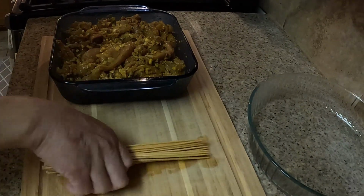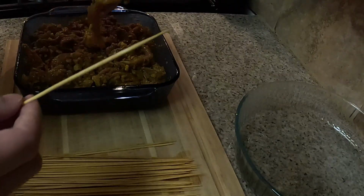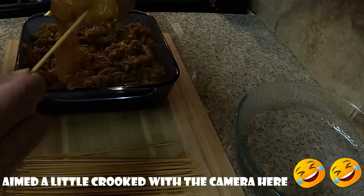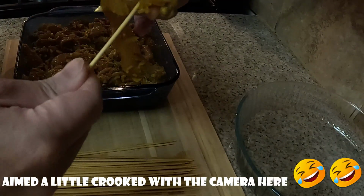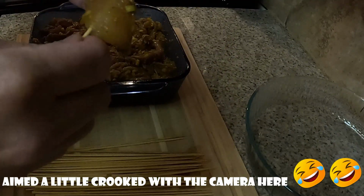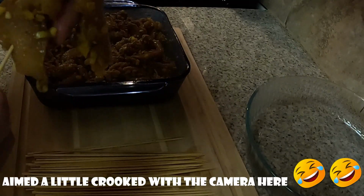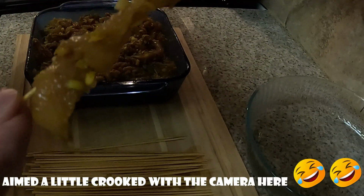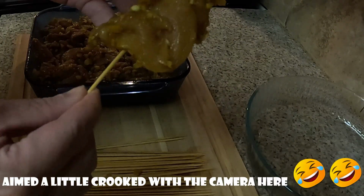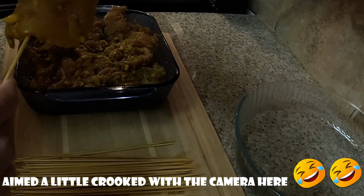I got these skewers pre-soaked in water, and that'll prevent them from burning. So now we grab the meat, all right? We string them through just like this. Just poke them through, slide it all the way down, and up. And then go like this, bend it over, and poke it through again, and just kind of weave it. Like you're weaving your meat on there, just like that. This one looks like a piece of breast right here, okay? And then we'll grab a thigh here, kind of mix it up,